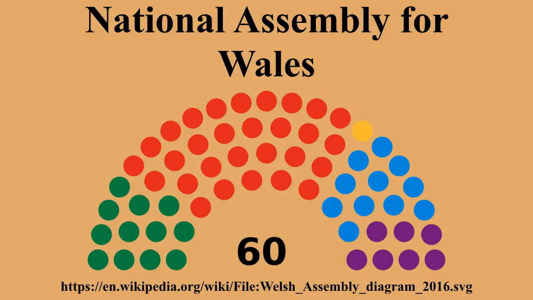Elected officials. After each election, the Assembly elects one Assembly member to serve as presiding officer, and another to serve as a deputy. Rosemary Butler, Labour AM, has been presiding officer since the beginning of the 2011 to 2016 term, having taken over from Dafydd Elis-Thomas. Lord Elis-Thomas, Plaid Cymru AM, had been presiding officer since the Assembly's creation, standing down from the post in 2011. Butler had been his deputy since 2007.